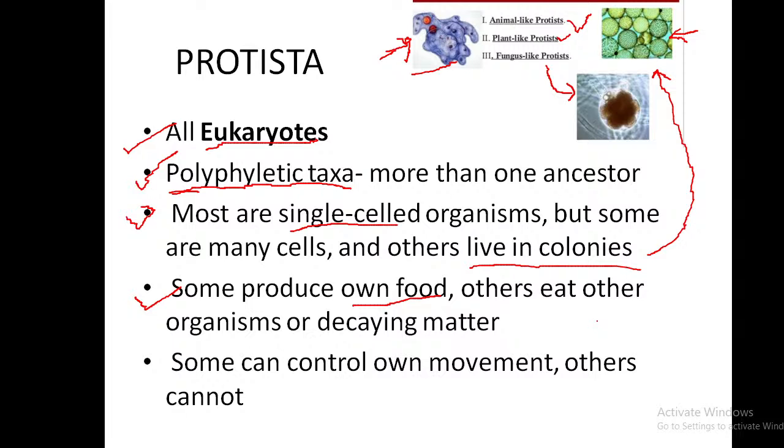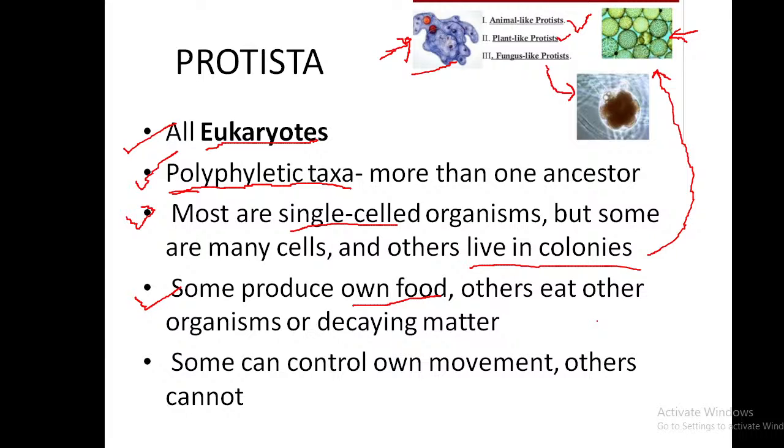All protists are eukaryotes, means they have a true nucleus. Second point, they are polyphyletic, means they have more than one ancestor, or they have similarities with more than one ancestor. That is why there are animal-like protist, plant-like protist and fungus-like protist. The third is some are